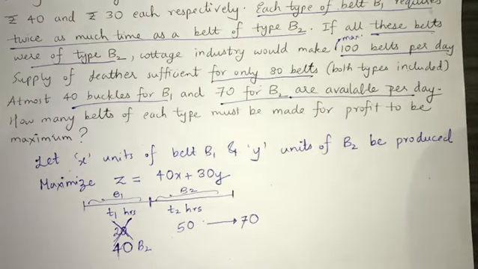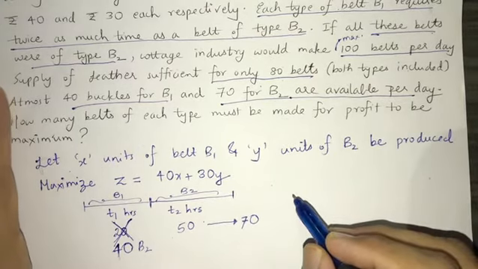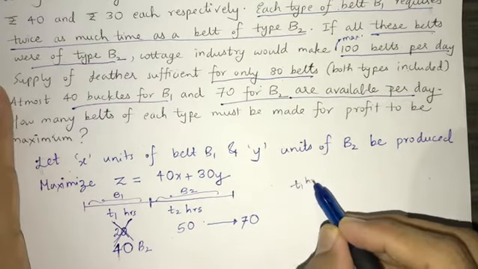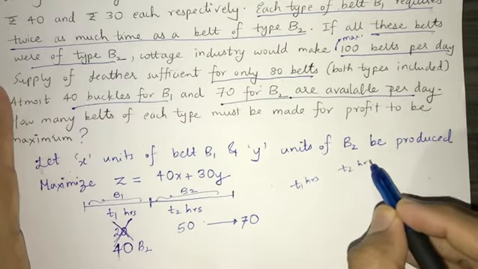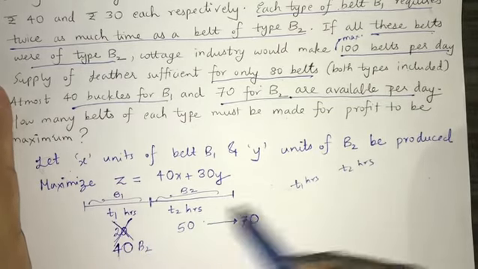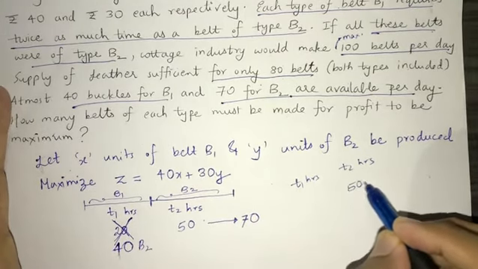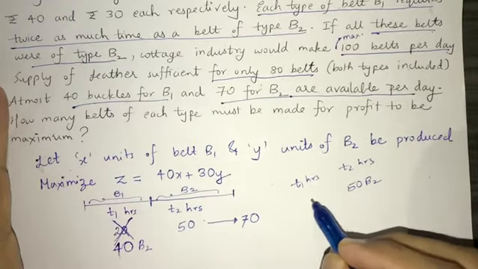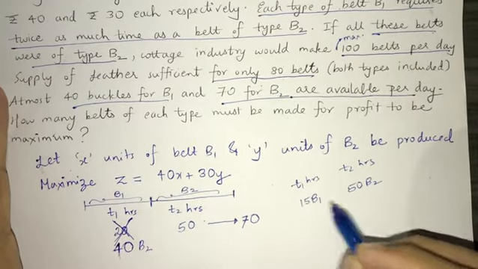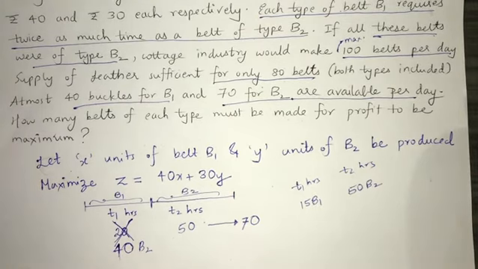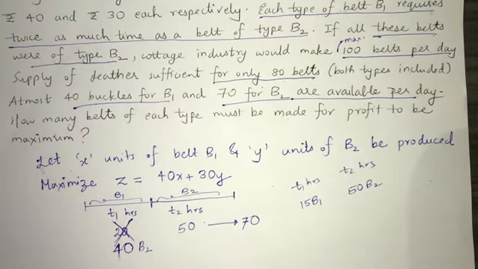Because the time required for the production of one belt of type B1 is twice the time required for the belt of type B2. I again repeat this scenario. In T1 hours, in T2 hours, there is no connection in the number of belts of B1 and B2. They are independent. अगर इसके 50 बेल्ट बनते हैं, 50 बेल्ट ऑफ टाइप B2 और इसके 15 ही बनाते हैं हम लोग, there is no connection, as I said. Independent है. 15 belts of type B1 are produced in time T1 hours, and then 50 belts of type B2